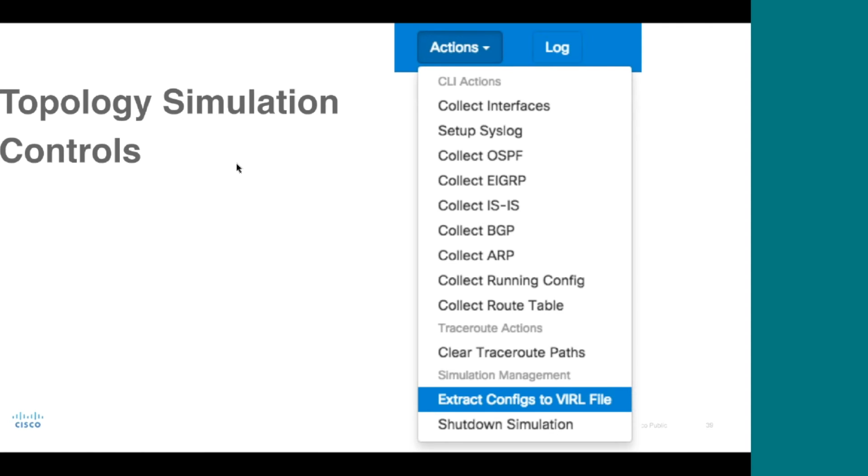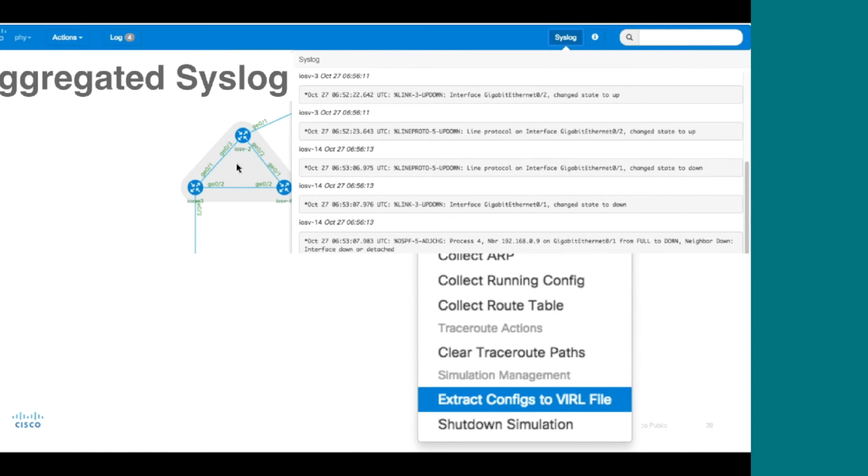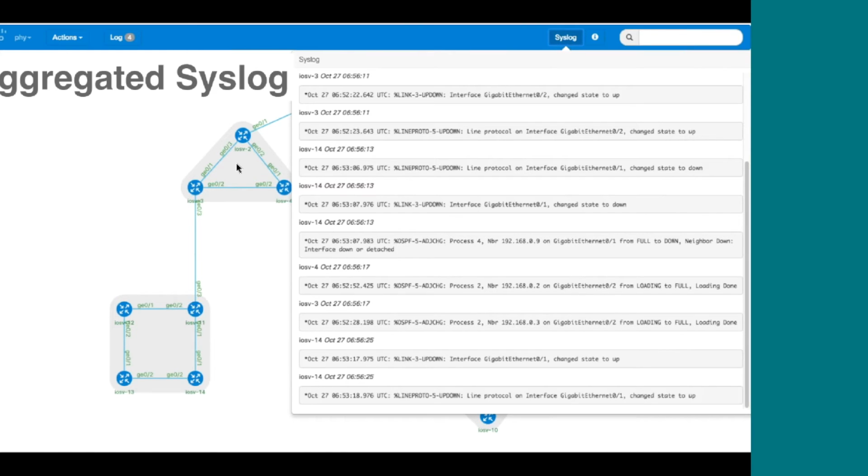So the aggregated syslog, which we touched on before, this is showing it again for a couple of different devices, and we can see once neighbors and OSPF go up and down, or BGP and things like that, being able to see exactly when those pieces change is really powerful. It's also quite nice if you shut down an interface, you will then see once OSPF or whatever you've got syslog set up for changes, so you know then that the routings are changed or the routings reconverged, and you can then run a trace route. So it's quite useful for double checking that topology changes have propagated through the network.